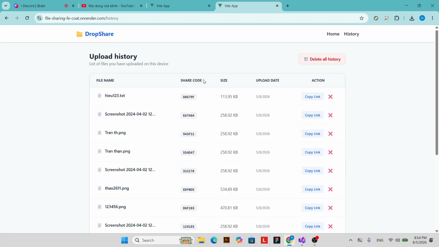And as you can see in the table, it lists the files uploaded from this specific browser. It's showing the name, the shortcode, file size, upload date,